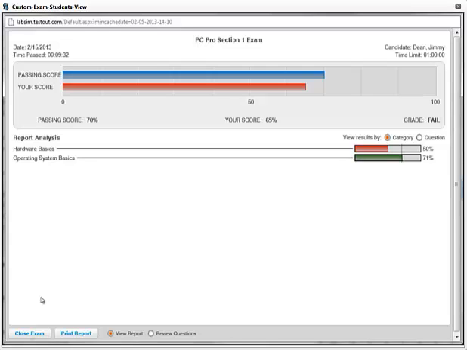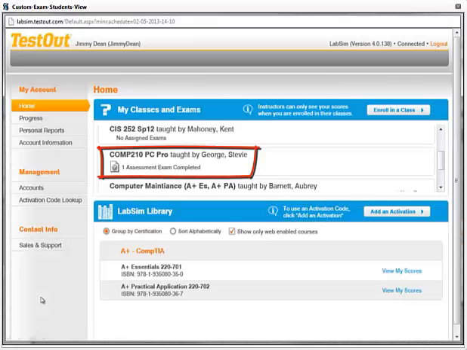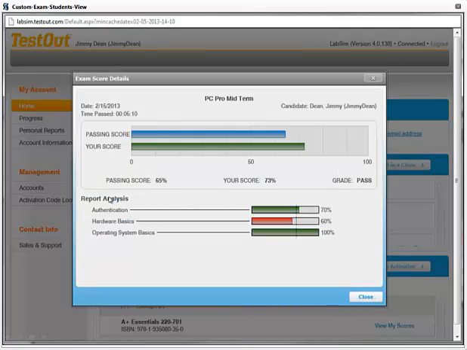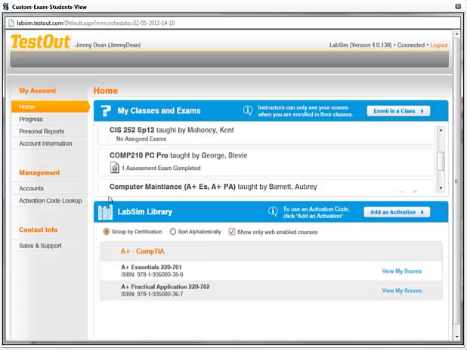After closing the exam, the line will show one assessment exam completed. Students can go back anytime and view the exam report and analysis breakdown by clicking in the Class Exam box and selecting View Report. Now, if the instructor opted for the students to reschedule the exam, the students will find